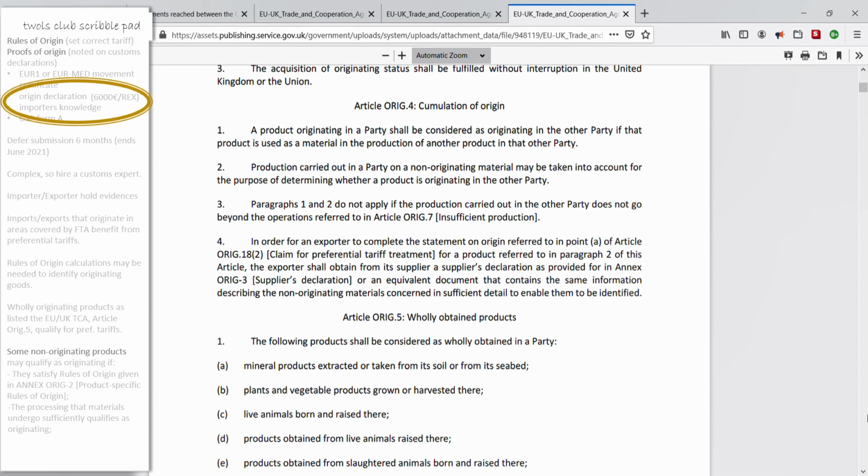And although the importer and exporter need to hold evidence of proof of origin, only one of these is required to be submitted to support a customs declaration. Not both. Whoever is applying for the relief supplies the appropriate proof of origin. And often, any supporting documents, received and kept by the importer, as part of their importer's knowledge, are usually obtained from the exporter or producer.